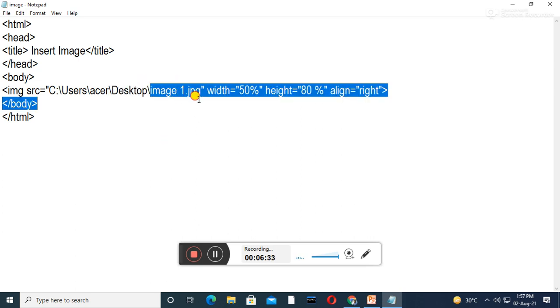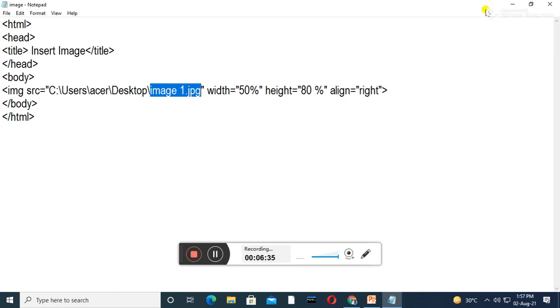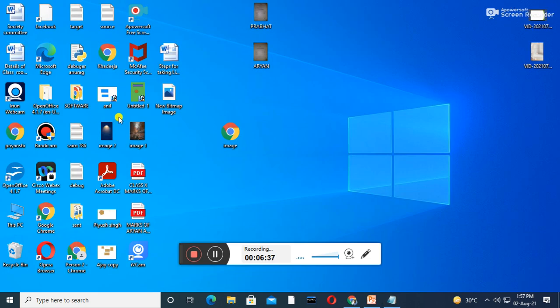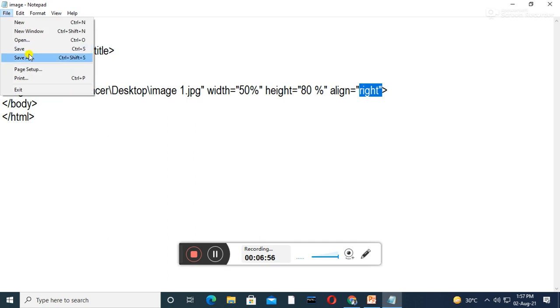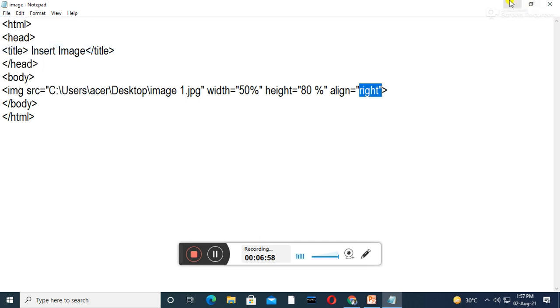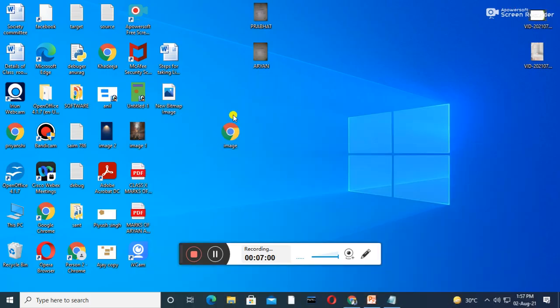This is the name of the file. You can also see image1 I have written here. Next I have applied the width attribute and height attribute, and the align attribute also I have applied, to right. After that, save this file and run your file.